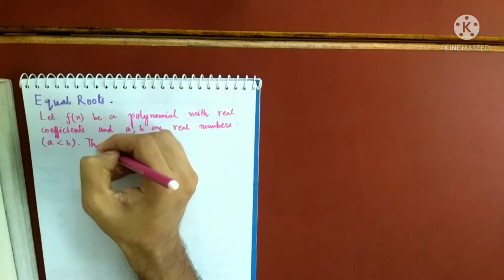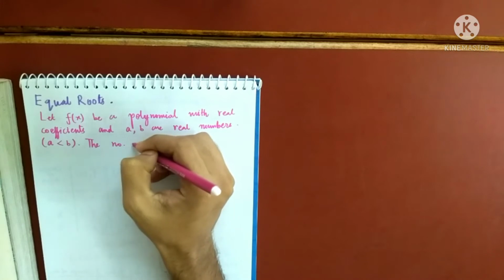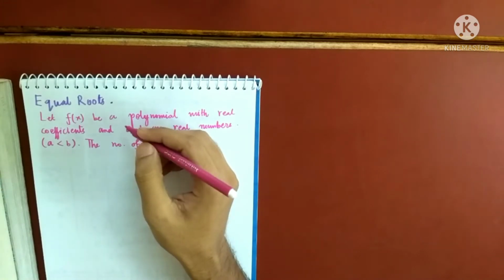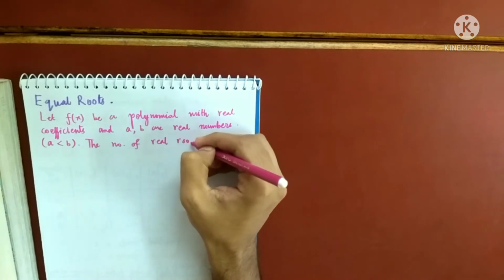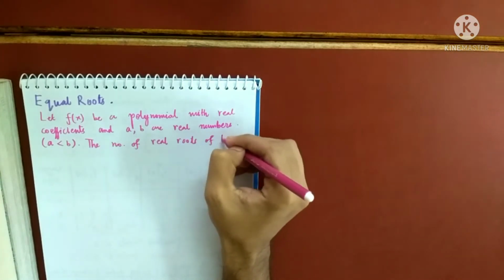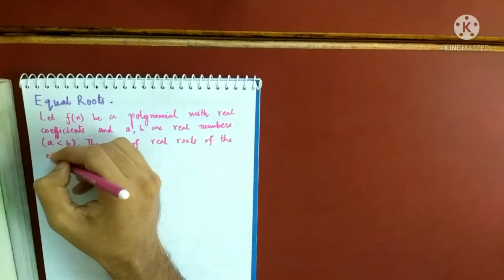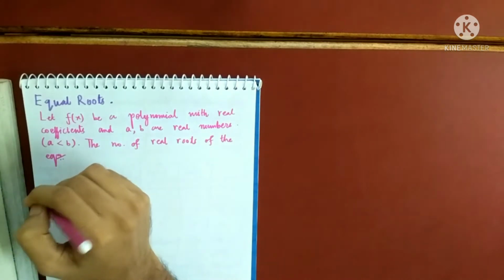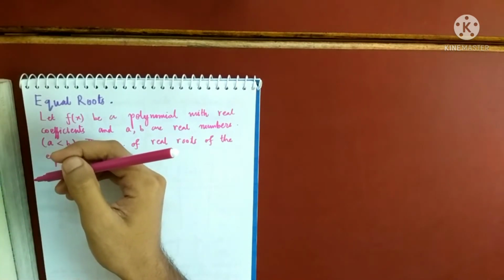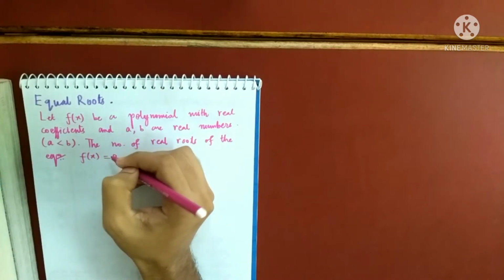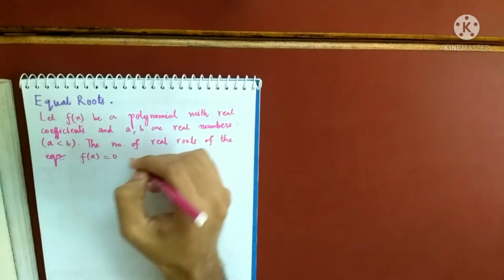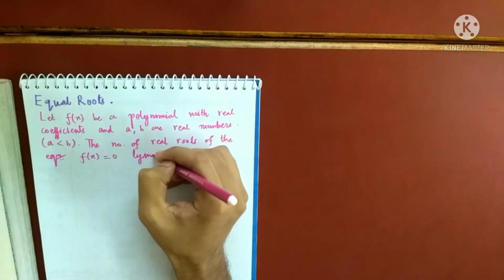The number of real roots of the equation f(x) equals 0 lying between a and b